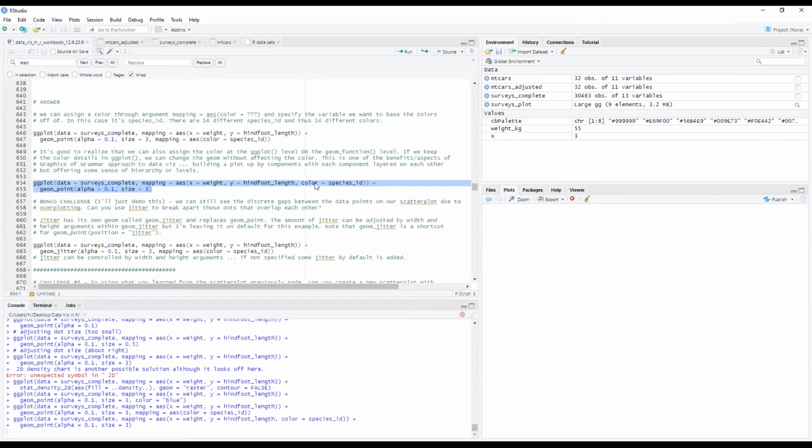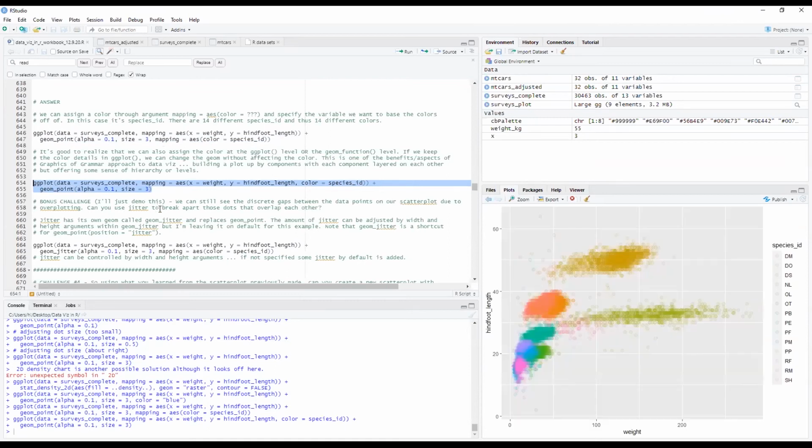So I'm going to run this, color equals species ID, and now it is an argument within the mapping aesthetics of ggplot. And I believe it should just give me the same thing. This plays up the grammar of graphics philosophy that R and ggplot follow, that you have these different components and arguments that you can swap out and put at different levels, right?